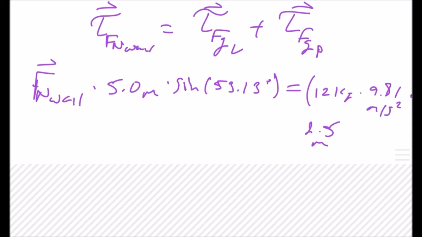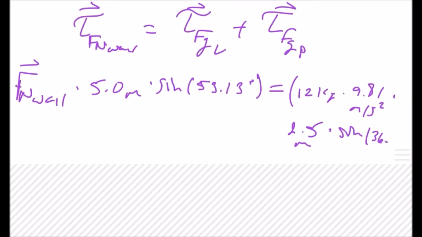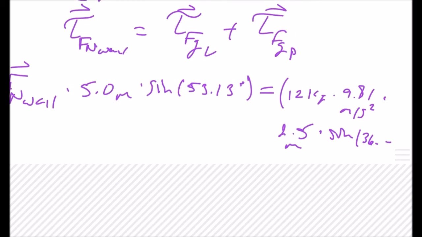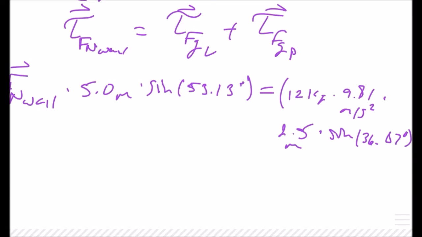Now, what's the angle going to be there? Angle alpha. So what is that? All right, so times the sine of 36.87. All right, plus,